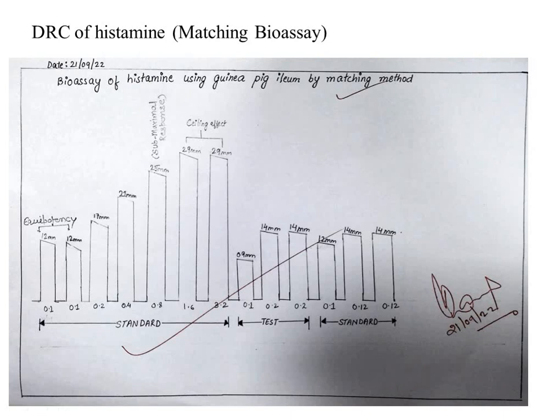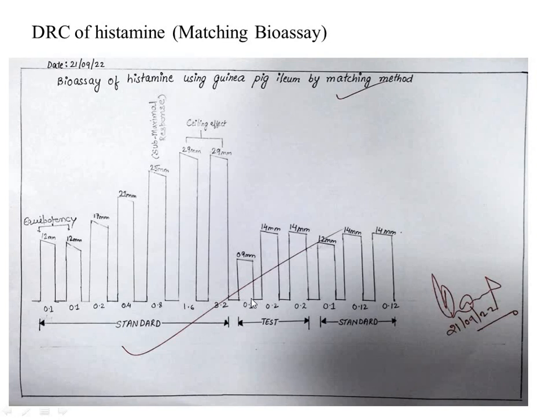As we are giving test drug here 0.1 ml, the dose of test will be in ml and the dose of standard will be in microgram per ml. As we are giving 0.1 ml and we are getting 9 mm of height, we have to keep in mind that whatever we have to adjust the dose of test, but the response of test must lie in between the minimum response, that is 12 mm, and the submaximal response of standard, which is 25 mm. 12 mm से 25 mm के बीच आपका response test का आना चाहिए.